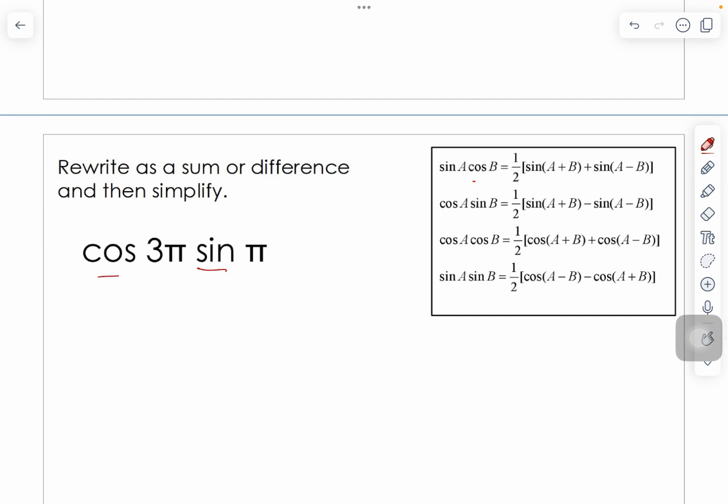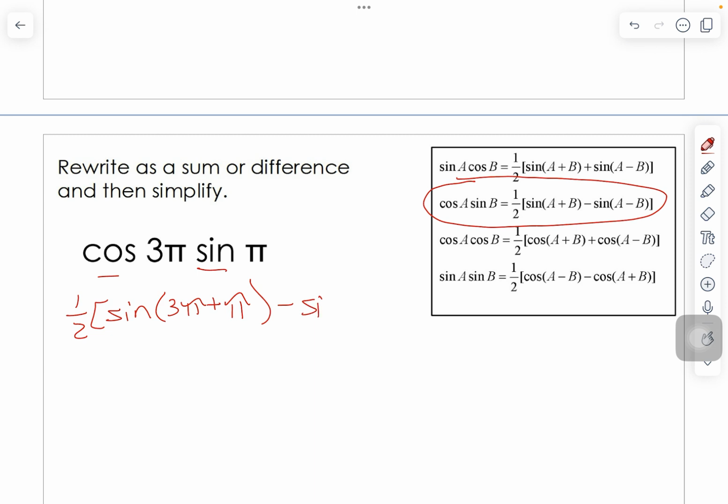Same idea here, but now it's cosine times sine. So I'll grab cosine of the angle times sine of the other angle. And I'll go 1/2 the sine of 3 pi plus pi minus the sine of 3 pi minus pi. Now this here, 4 pi, this is 2 pi, and